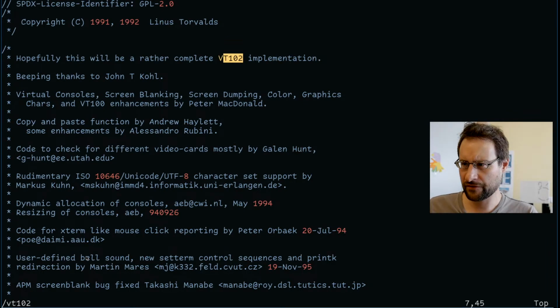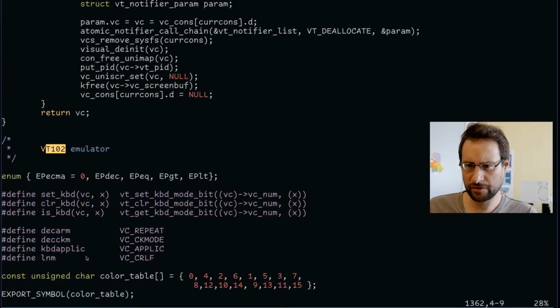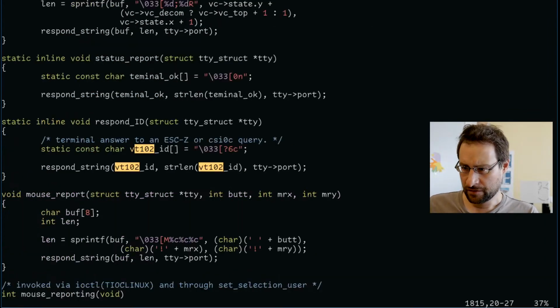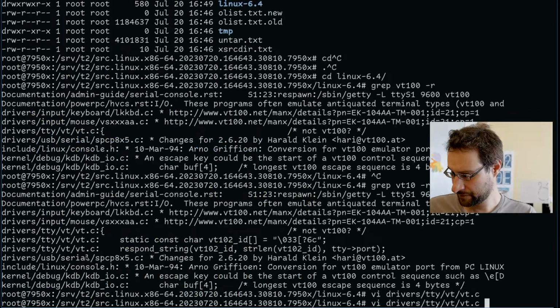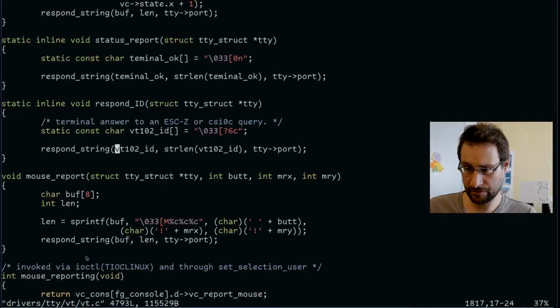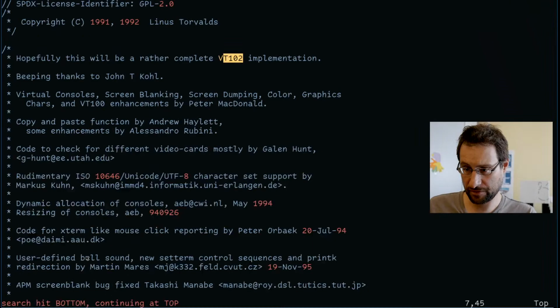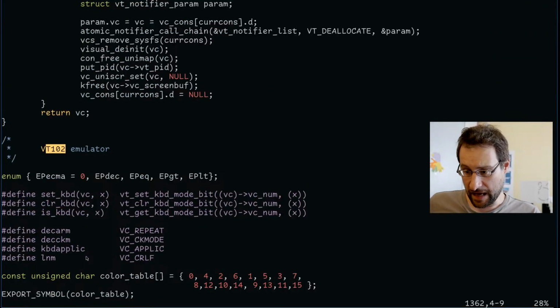Hopefully this will be a rather complete VT102 implementation, VT102 emulator. Terminal answer to an escape set or CSI 0C query. Okay, there is indeed a 102 ID. So that is in TTY, VT. But that would be a regular VT. Anyway,